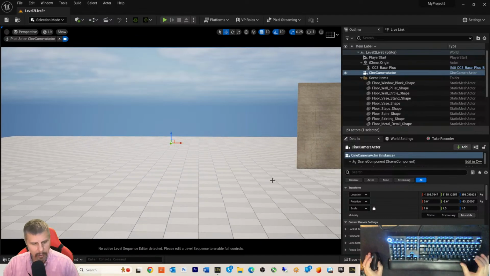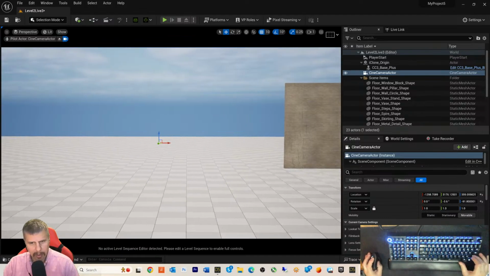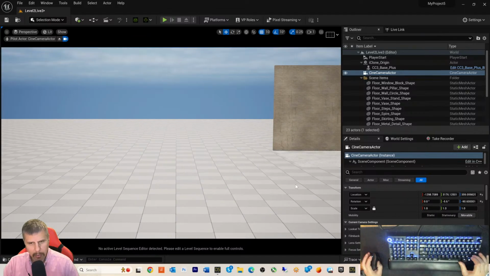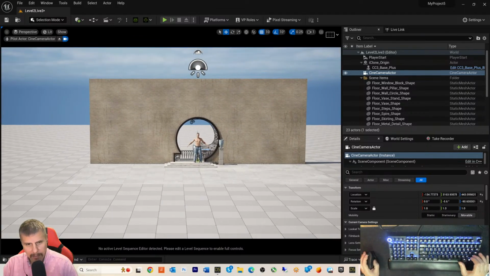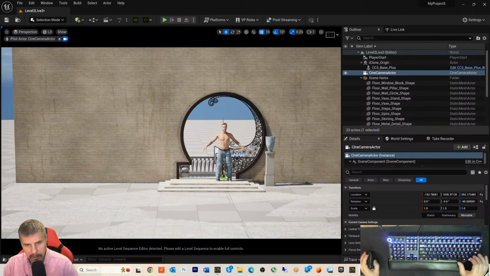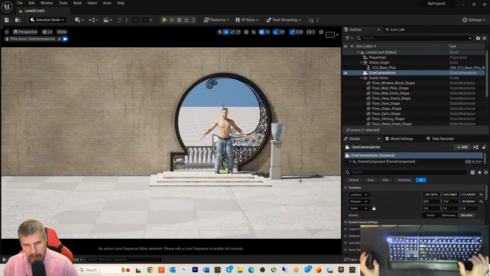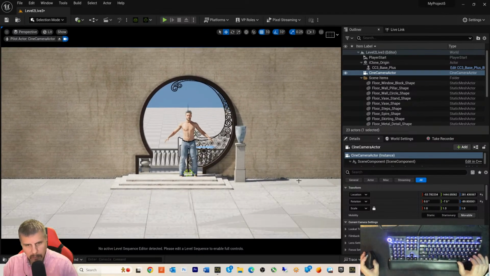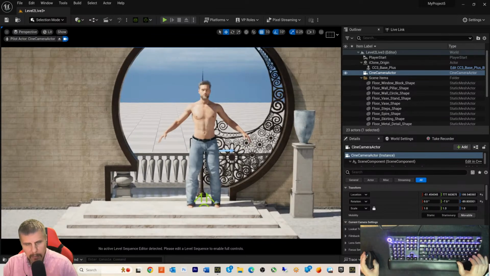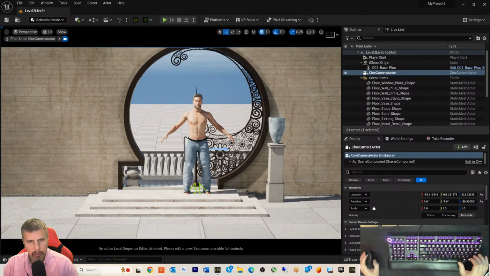Come through the door. Oh, come over this way. I will never learn these controls. Never. Never, ever. Okay, that kind of looks blurry, but